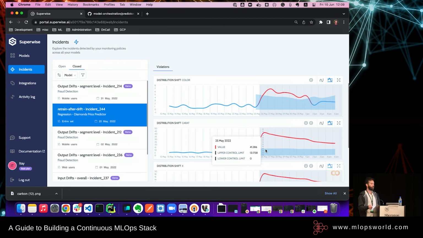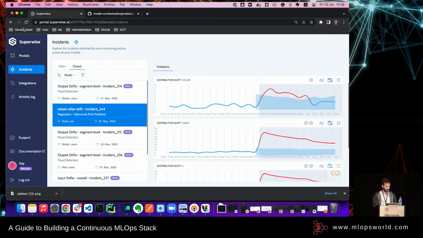Because if your features are drifting, most certainly you're going to have a drift in the actual predicted value. So that's a great way to think about it. And this is why I didn't choose a specific feature for Superwise to monitor for me. It understood it, but you can also define specific features, and then the calculation will be shorter, and you can have more optimized compute to recognize what went wrong.